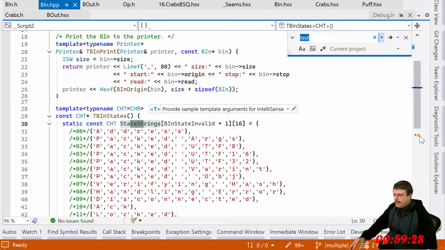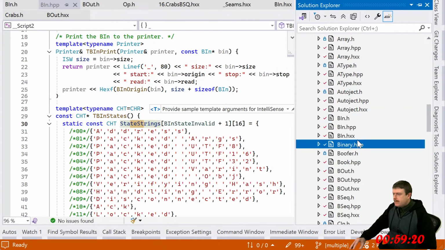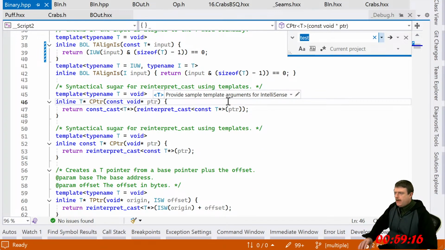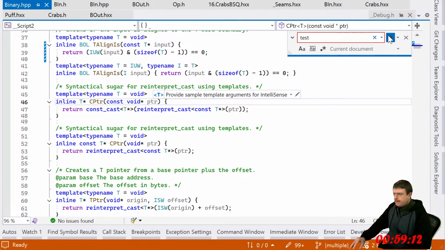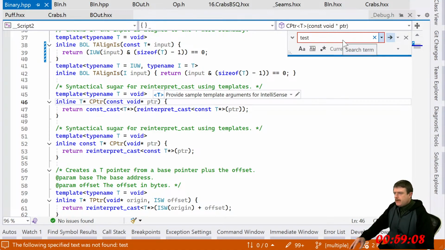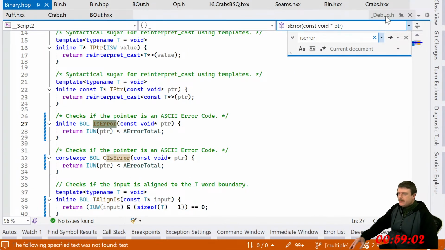Nope. Maybe it is in binary.hxx, that one. Or HPP. And just looking at the current document. Yeah, here it is there.